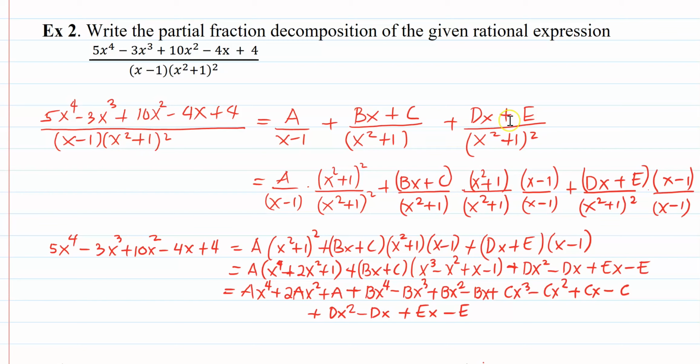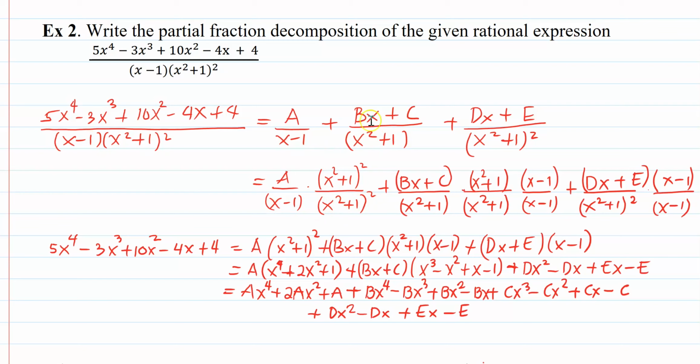To solve for the variables, first we want the denominators on the right hand side to be the same as the denominator on the left hand side. Remember, our denominator on the left hand side is (x - 1)(x^2 + 1)^2. For the first fraction, our denominator is only x - 1, so we multiply this fraction by (x^2 + 1)^2 over (x^2 + 1)^2. In that way, our denominator for this fraction will be the same as the original.